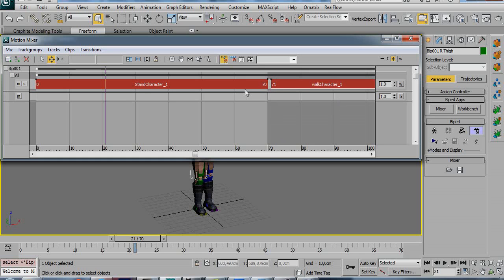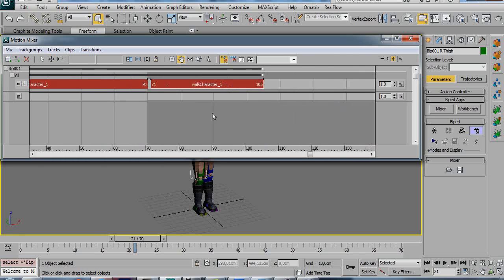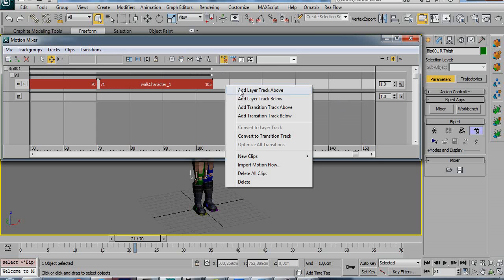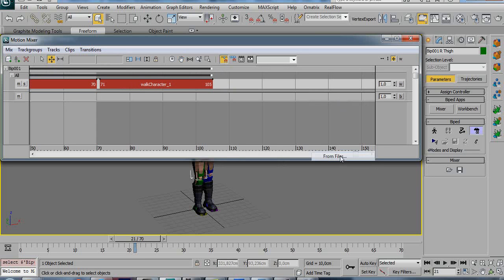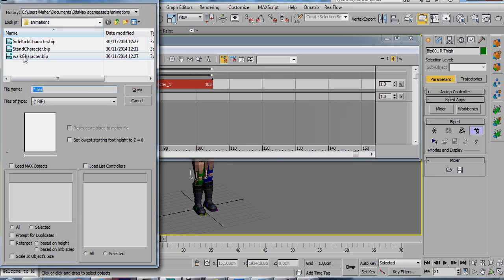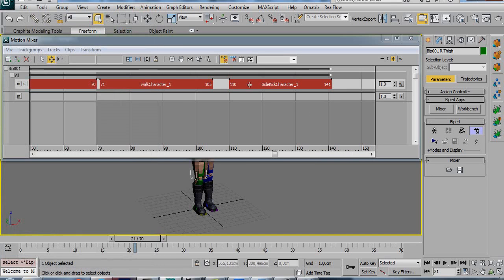Okay. And then again, right button, new clip from file, and sidekick. Move it right behind the walk animation. So the walk animation will finish at frame 105, and the third animation will start at frame 106, and it will finish at frame